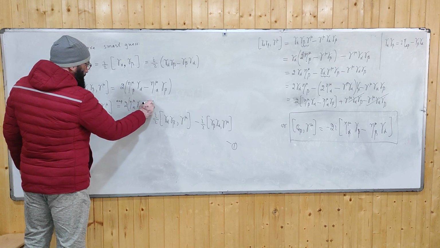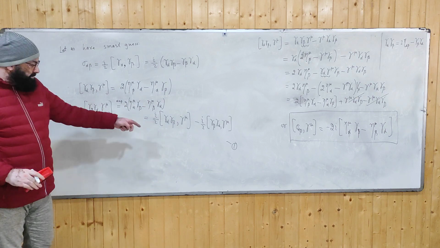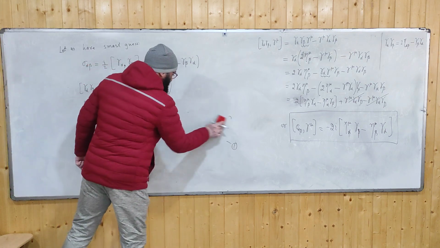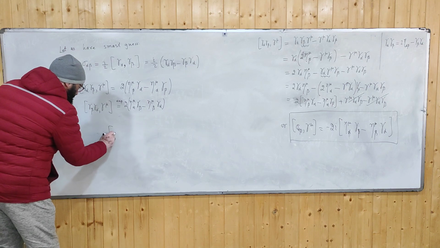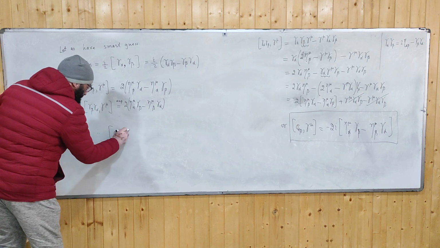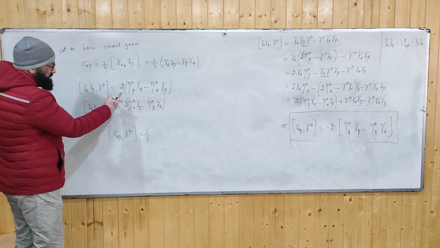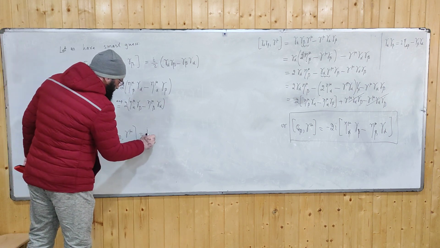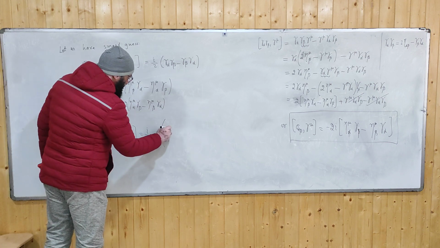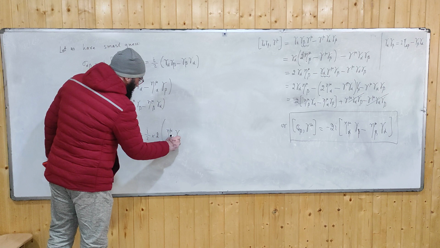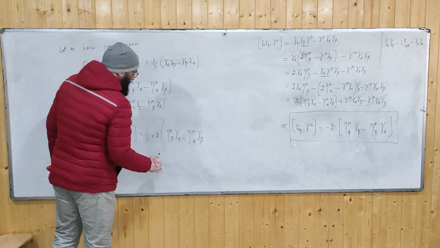Okay, eta mu beta gamma. Clear? So now 1 by 2 is sitting outside, and there is in the second term the minus sign. So therefore I am having sigma alpha beta gamma mu. That's equal to i by 2, and you take 2 common from each, so it is 2. So what remains there? So eta mu beta gamma alpha minus eta mu alpha gamma beta, and in the second